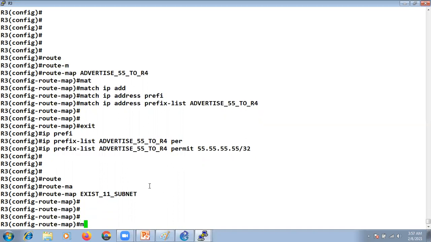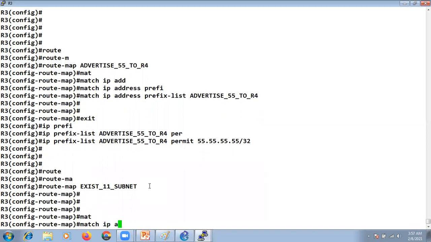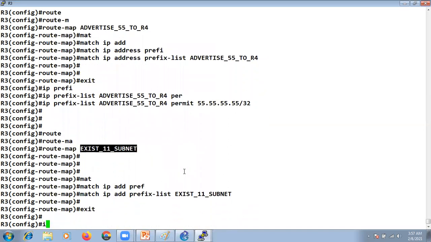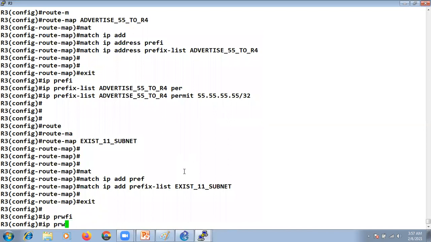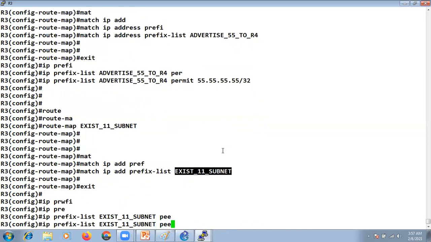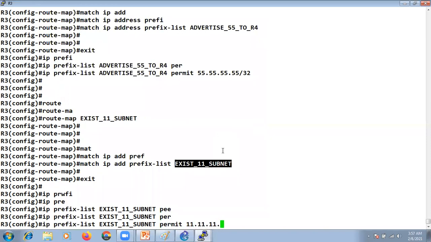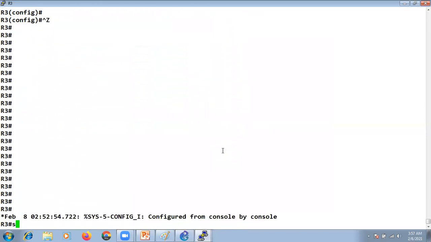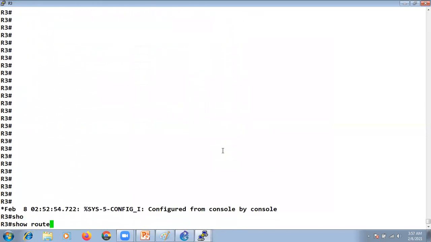Match IP address prefix list. Let's say this. I will create one prefix list with this name and permit. Let's again see what we have created. Show route map.